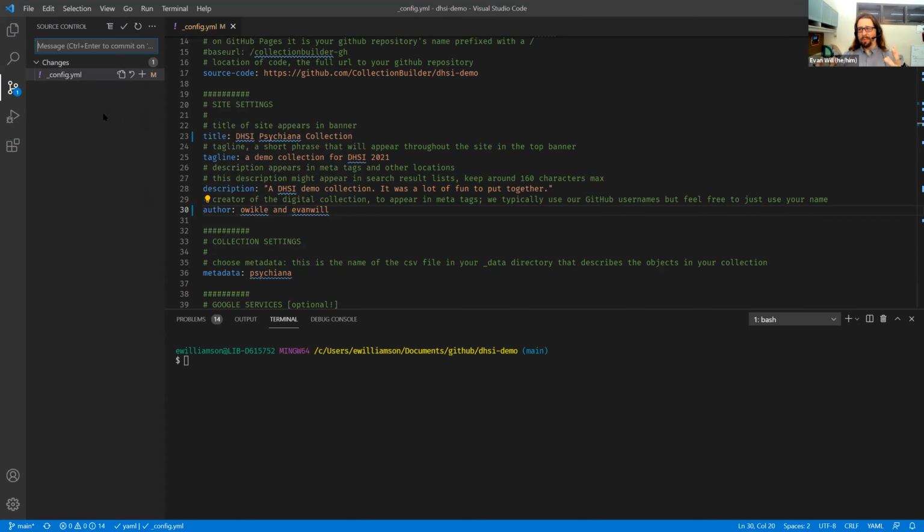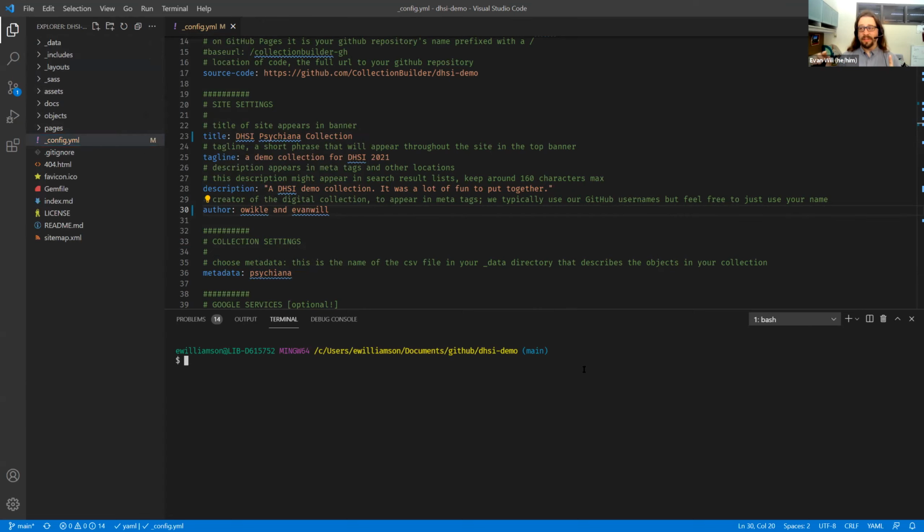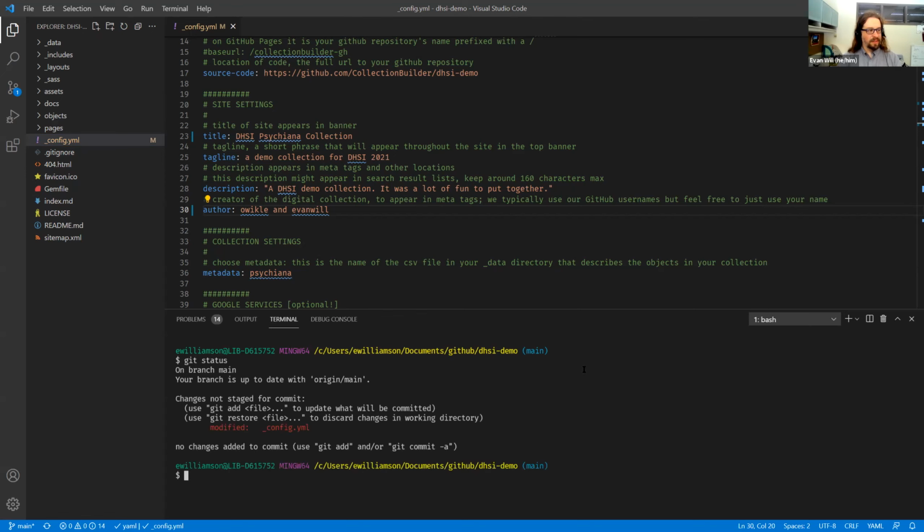GitHub Desktop is going to be a lot more visual and rich with all the information that it provides you, but this is a very fast and efficient way to make some commits. But I'm just going to keep going on the command line just to show you what that looks like. So I've made a change. I'm going to say git status, which tells me what's going on. It says that there's something changed, so I'm going to do a git add